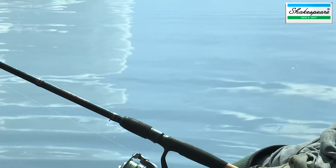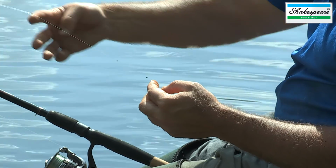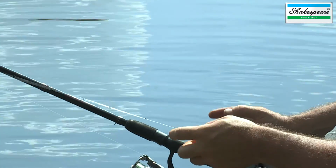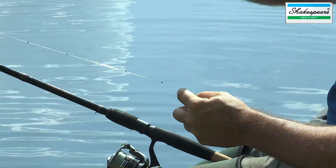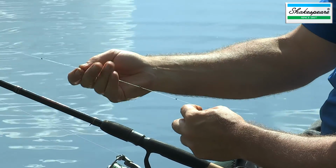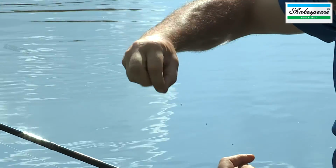And as you can see, I've got these number 8s and number 10s spread out below. Now, one thing that you might notice is that when I'm fishing a stick float, or pretty much any float, you're constantly adjusting this shotting pattern, not only in conjunction with the changing of the depth, because just by making subtle changes on these shots, maybe by doubling up the number 8s, for example,